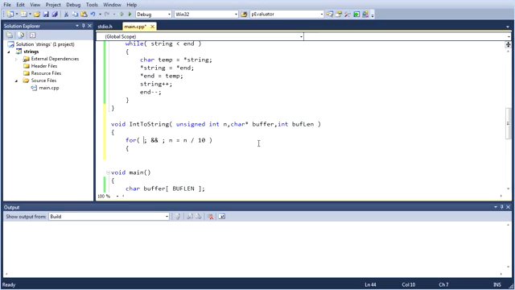Let's make this a normal loop. Nothing fancy. Int i is equal to 0. That's our index into our character array, our string, our buffer, if you will. As long as i is less than bufflen minus 1, right? Remember, we need that one entry at the very end for the null terminator. And as long as n is greater than 0. And we'll just do i++ in here. All right. So as long as we're not at the end of our buffer and there's still some value left in n,